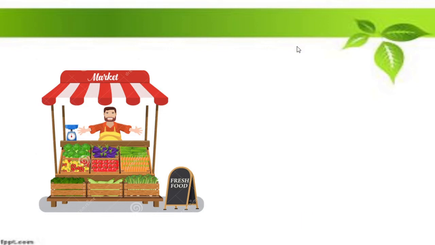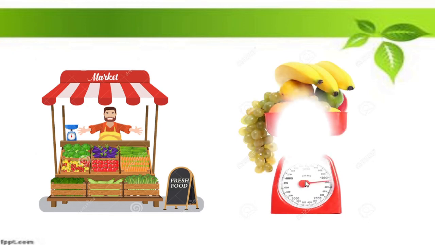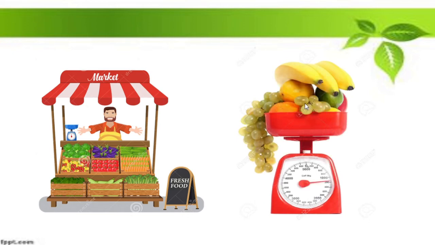Yes, dear children, here also you can see a vegetable seller. He too has a weigh balance. See here, blue in color. How does it work? When we put the material, whatever we want to weigh, on the pan, then we get proper readings below. Here we can say these fruits weigh 1200 grams approximately, isn't it?